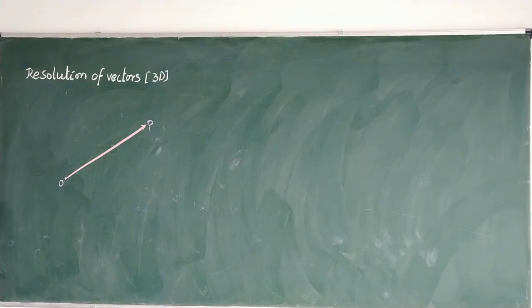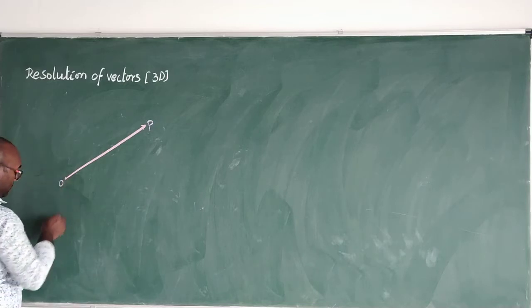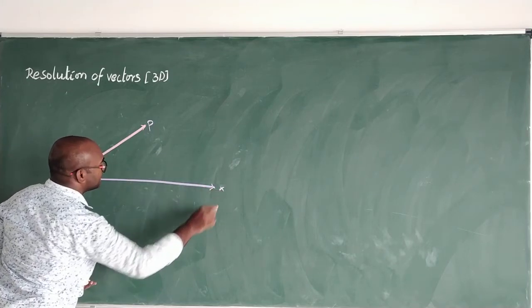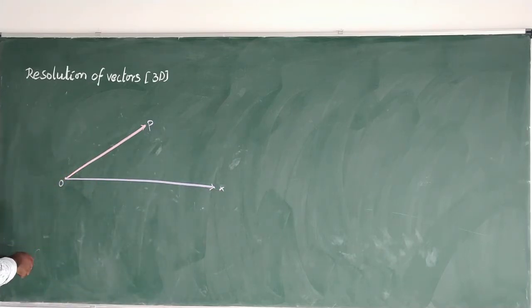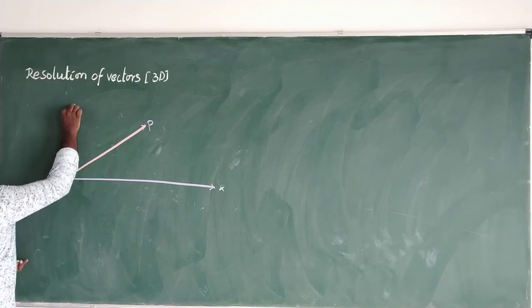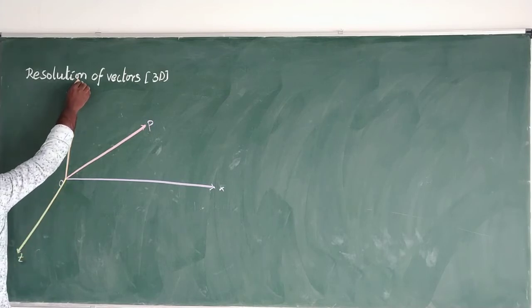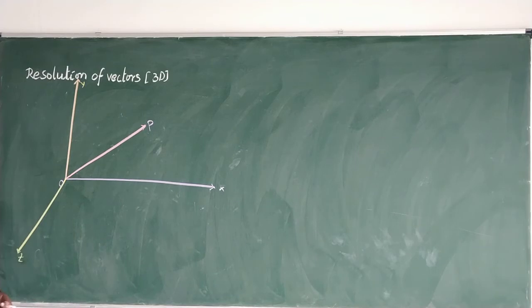Now shall we draw the coordinate system accordingly? So this is the x-axis, this is the y-axis, and this is the z-axis. For my convenience, let me take this as z, this as y, and this as x. Anyway, you can take it as you like. Now I want to make this a three-dimensional shape.